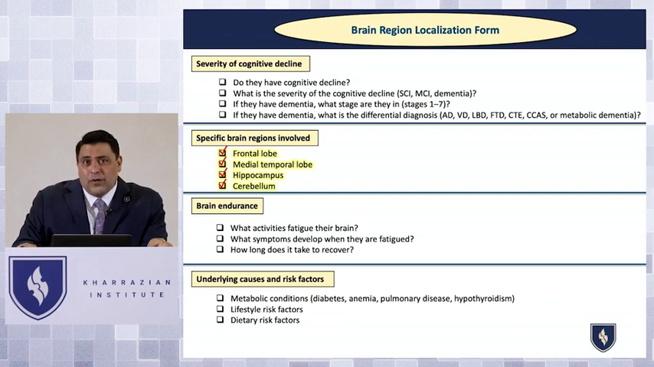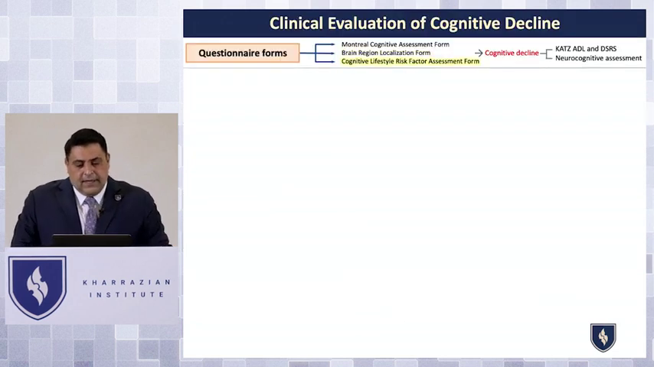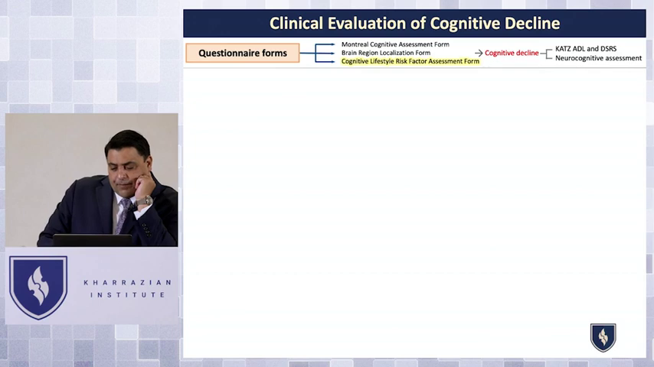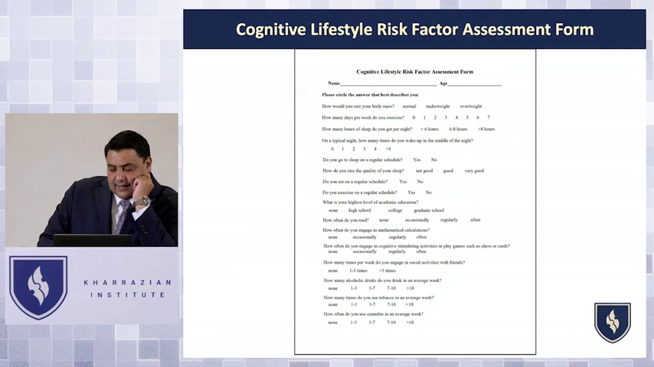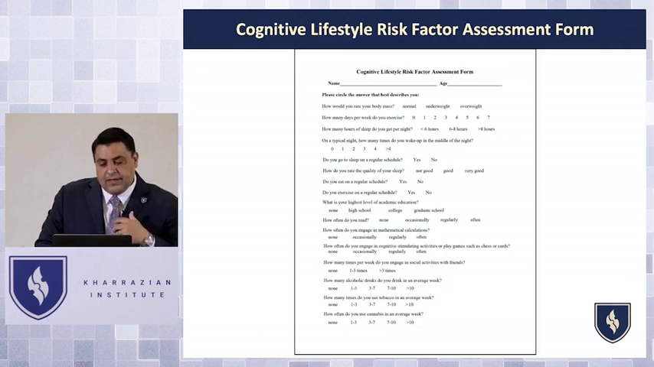And if you see multiple areas of the brain involved, that's when you're starting to think maybe they have chronic traumatic encephalopathy or a mixed type of dementia. So it can be very, very useful for you when it comes to a very complete and thorough differential diagnosis. Now, the other part of the questionnaire forms that's there for you is this cognitive lifestyle risk factor assessment form. And this is basically me trying to take all the information from those meta-analyses and systematic reviews and putting